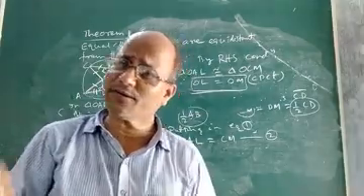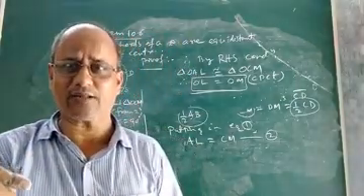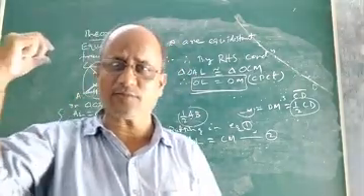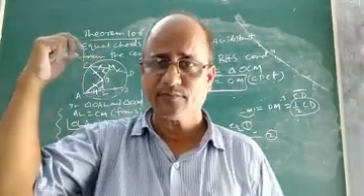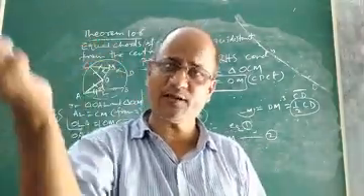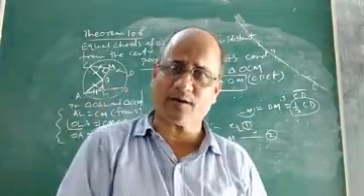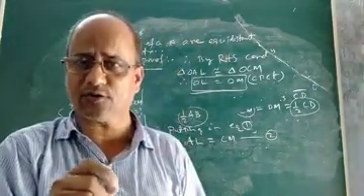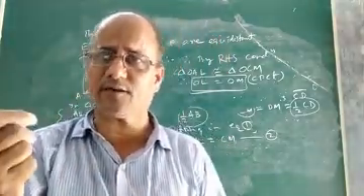So what will be the converse of this theorem? We shall discuss it in another class. What will be the converse of theorem 10.6? That means, if two chords are equal, they are equidistant from the center; what will be the converse of this statement? We shall discuss it as another theorem in another class.